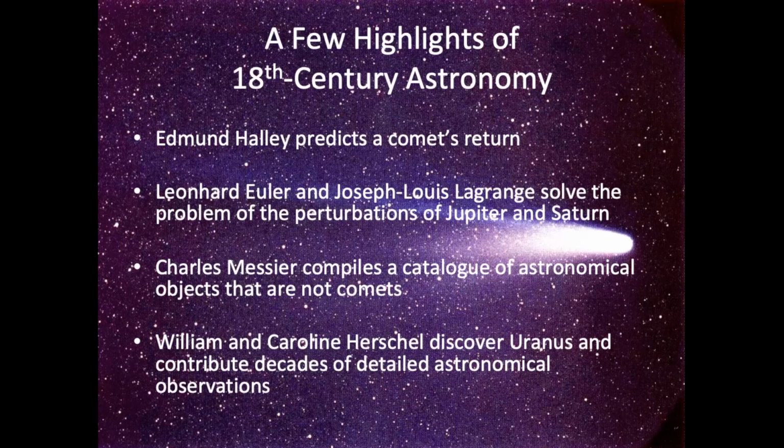Around that time, Charles Messier was compiling a catalog of about 100 astronomical objects that are not comets. He was looking for comets, and so he made a list of the objects that weren't comets so that he wouldn't be confused. This list of the Messier objects is well known today because they are great targets for amateur